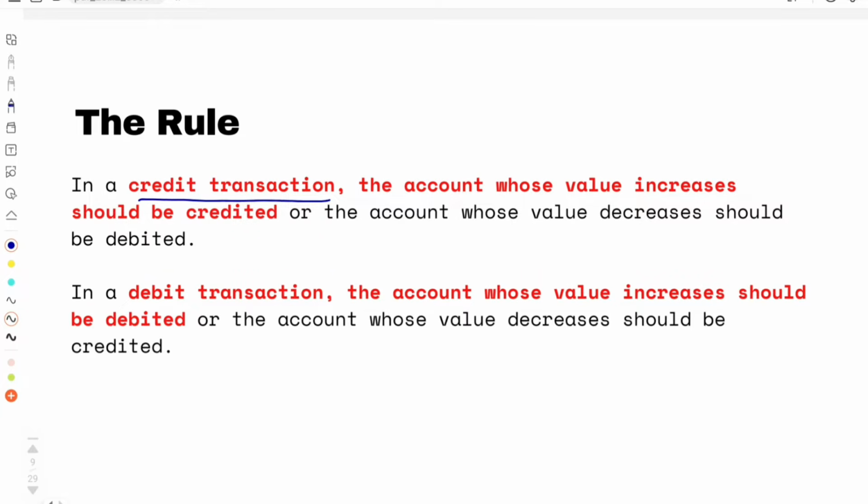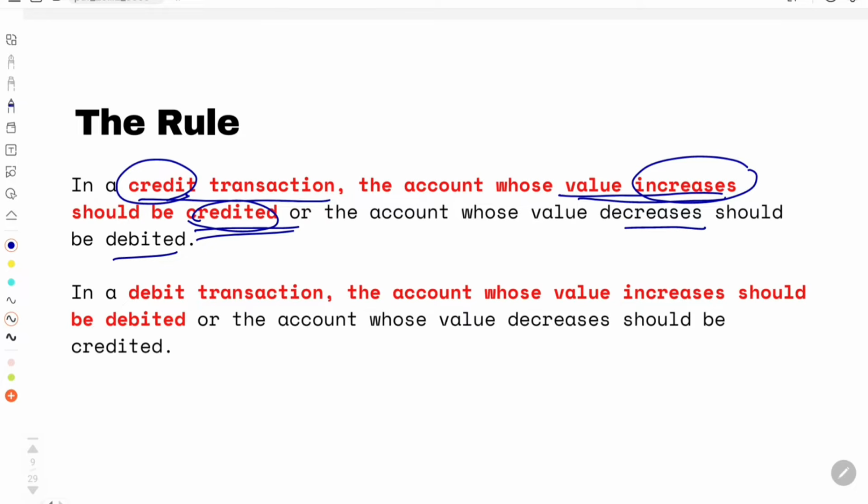So some account where the capital is involved, right? So the account whose value increases should be credited. Credit transaction, increase in value, you should credit that account. And if the account's value is decreasing, you should debit it. This is for your credit type of transactions wherein money is flowing in and out due to liabilities or revenues